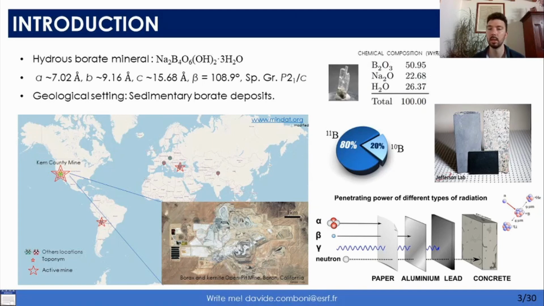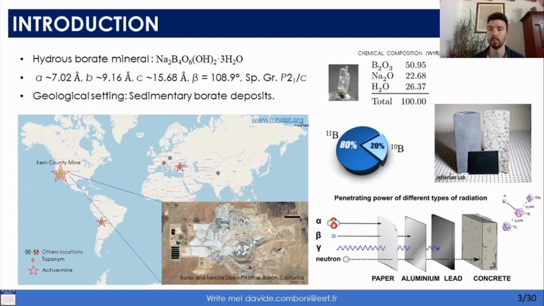Because of that, researchers have investigated the possibility to use borates, and also kernite and ulexite, to make special concretes and tiles to reinforce the walls and the roof of research facilities in which a neutron beam is used to